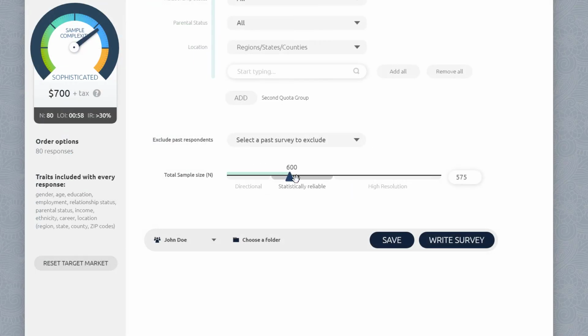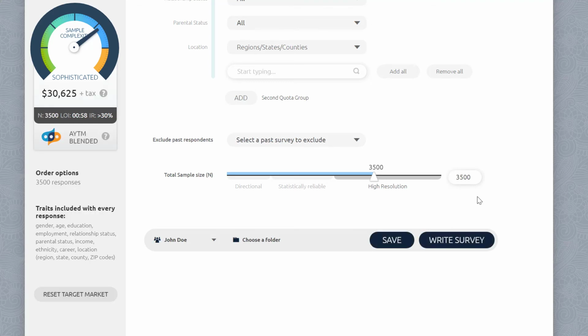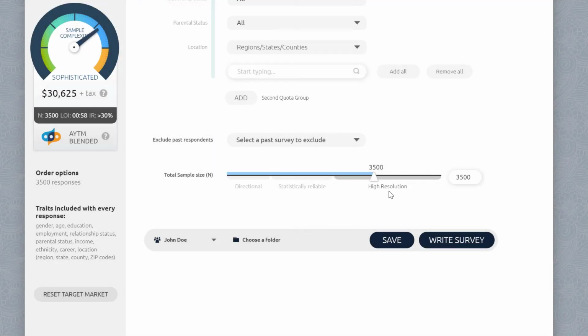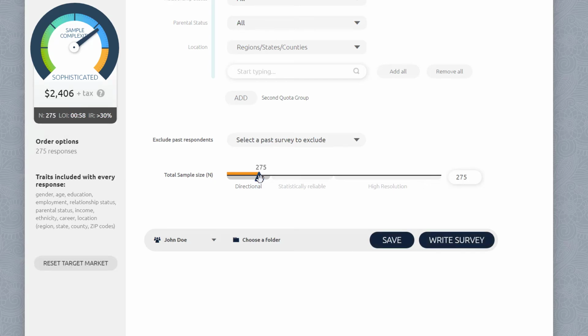Toward the bottom of the page, adjust the slider or type in the desired number of completes to determine how many people will take your survey, up to 10,000. You can choose as few as 50 by typing the number into the box at the right, but keep in mind that anything under 400 is considered directional, which means it's not as statistically reliable as a sample size of